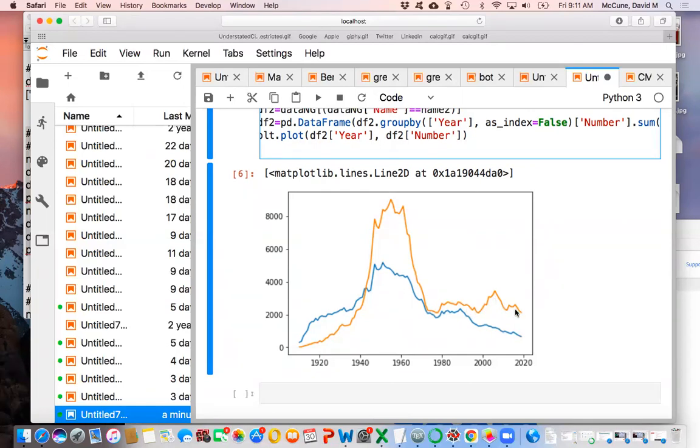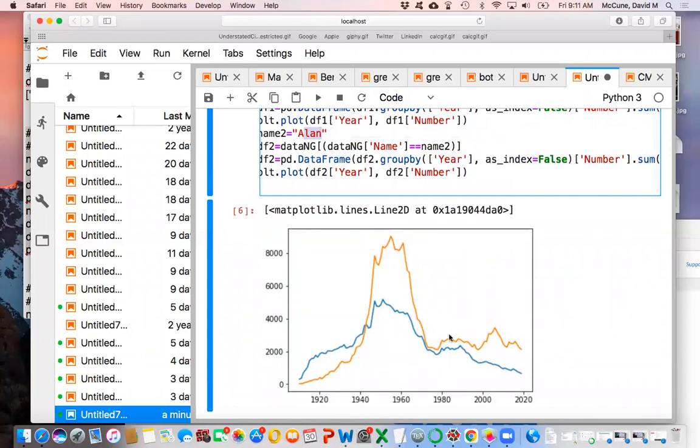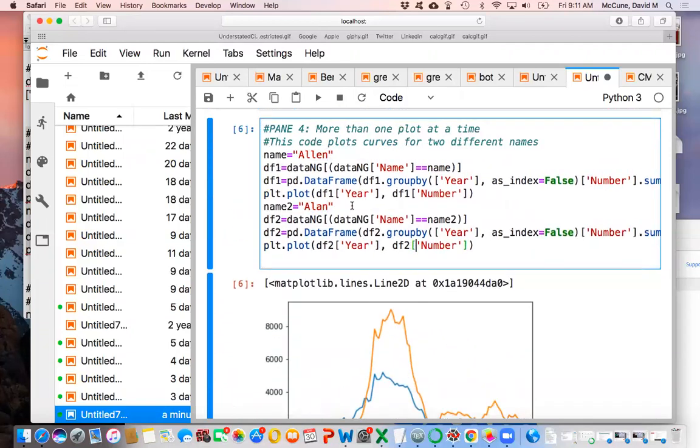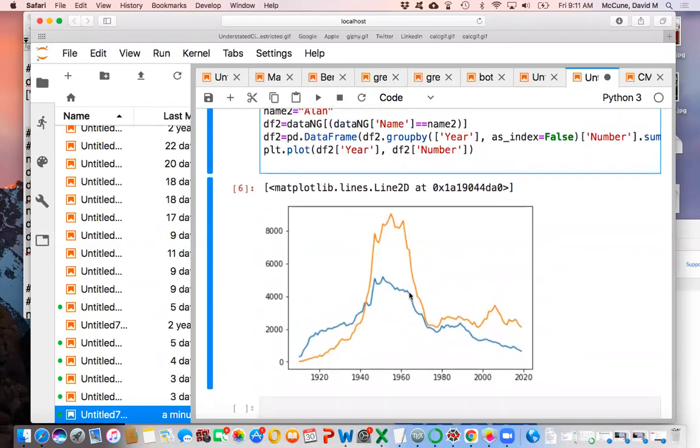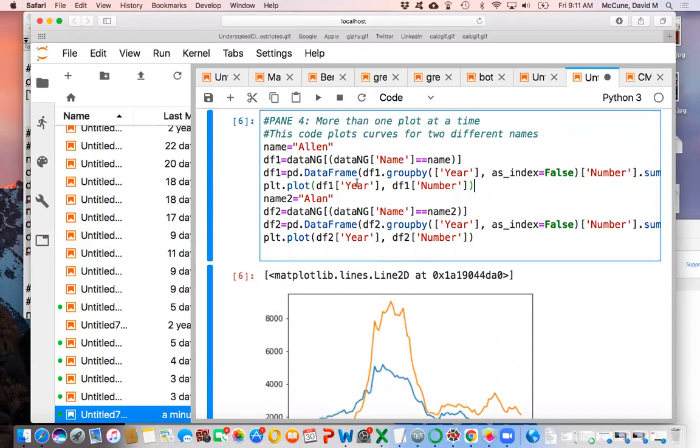So anyway, I show this to you just to say you can create multiple plots at once if you want to. You just tell matplotlib, hey, make this plot and also make this plot. And as long as you're doing it within the same cell, it plots them all at the same time. And again, this code right here is from last time. That's not new. So let me pause and ask, any questions on what has happened here, how I'm grabbing this name? Again, when I say last time, I mean Monday, so it's been a few days. The group by command, this plot command, do y'all remember that from Monday?